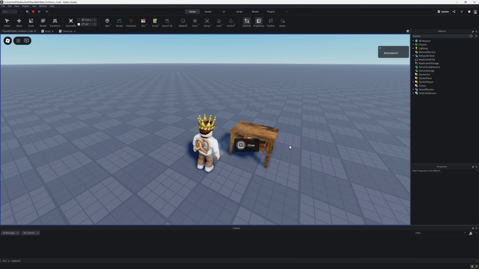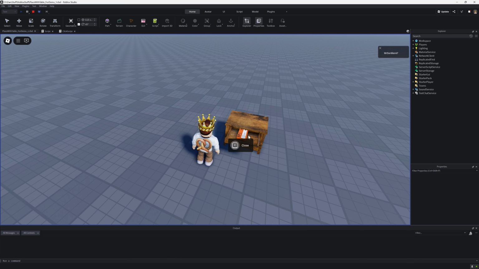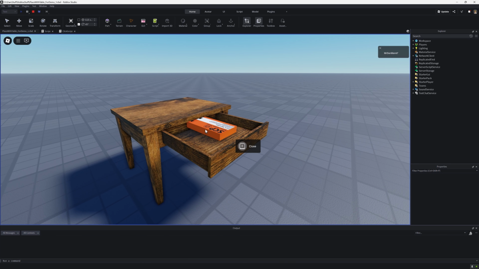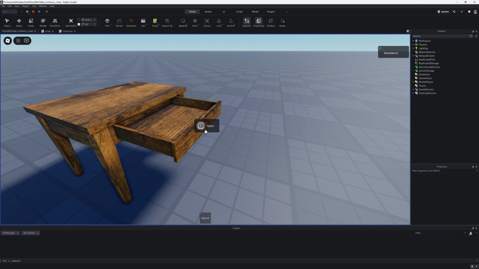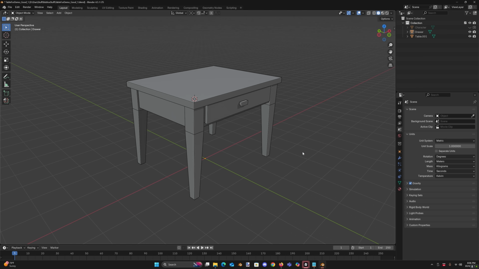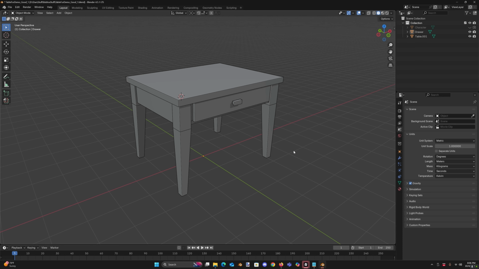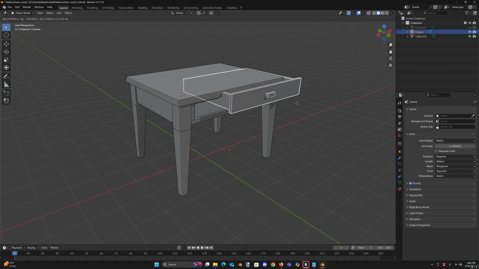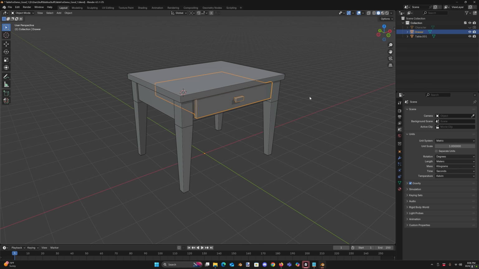Alright, so in this video we are taking a model we made in Blender and we're bringing it into Roblox and we're making it interactive. Here is our model that we made in Blender. It is a table with a drawer, and you can see if I move this, there's the drawer,